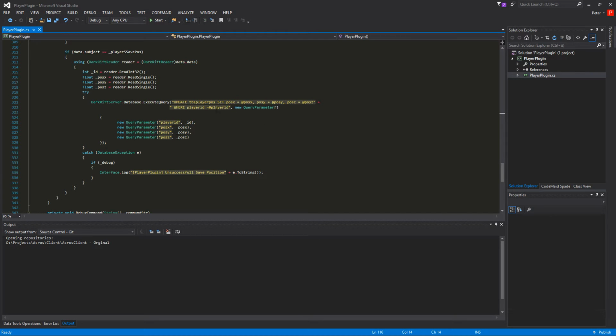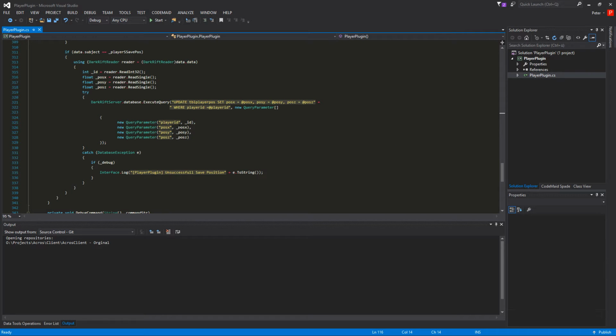So we update the table player pos and set the position X, Y, and Z, where the player ID is equal to player ID query, and the player ID query is equal to underscore ID,